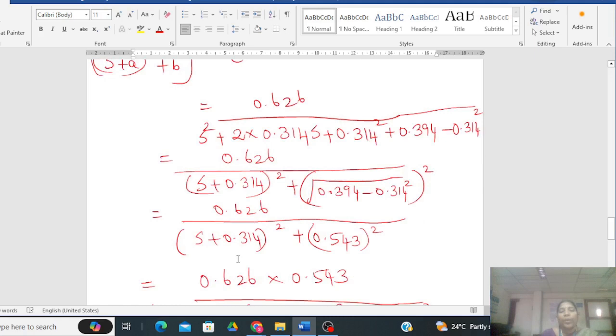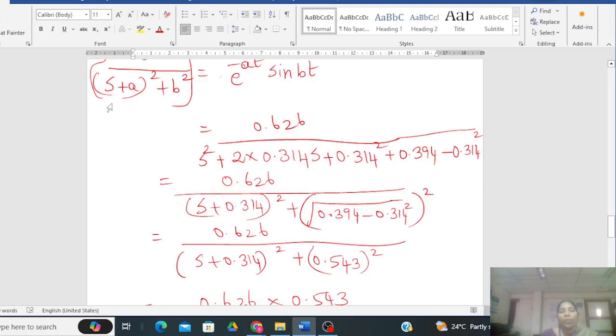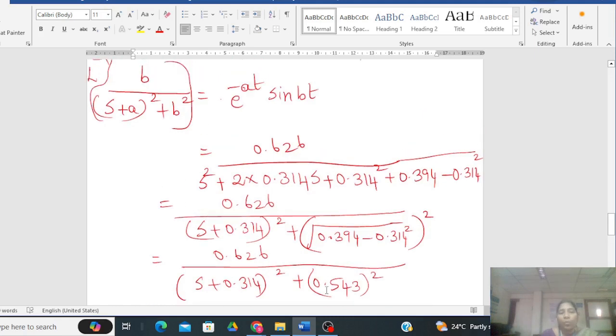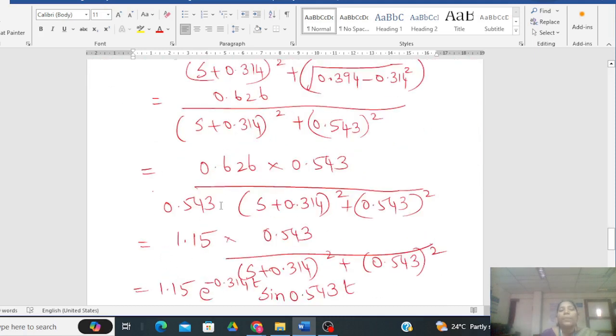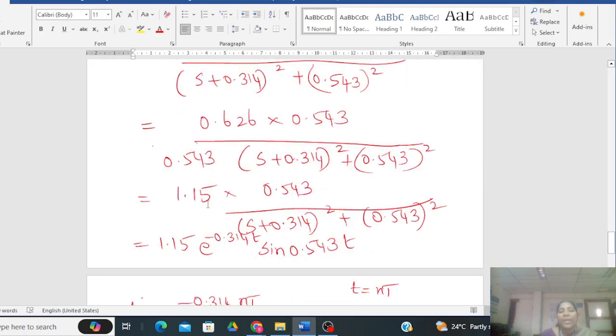Now we have to bring it into the form of b by (s plus a) whole square plus b square. Now b is 0.543. We need to multiply in the numerator as well as in the denominator. Then when you simplify this, we will be getting 1.15 into 0.543 by (s plus 0.314) whole square plus 0.543 whole square. So this we can write as 1.15 into e power minus 0.314 t sin of